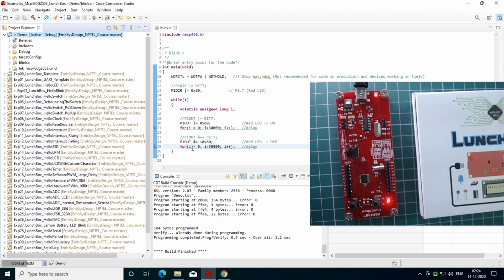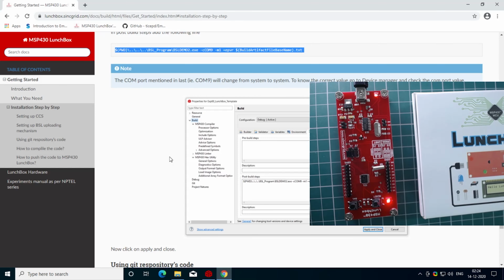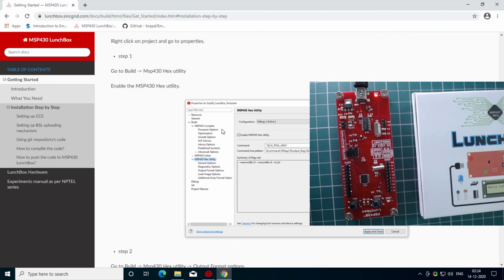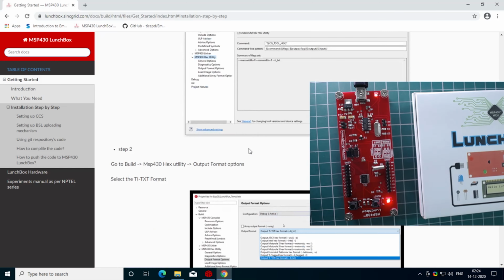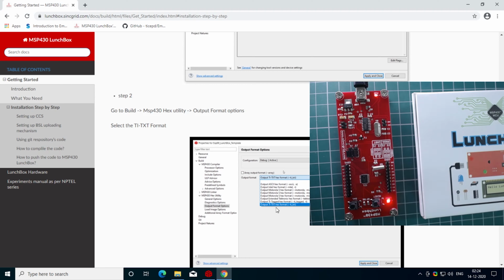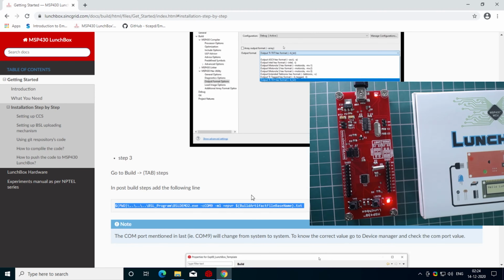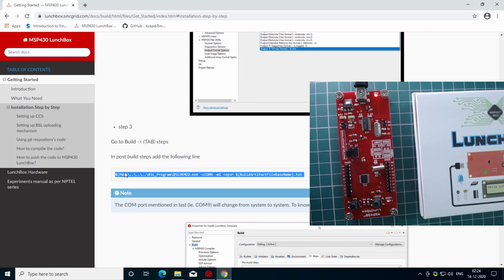So to recap, we have made only 3 changes. Number 1, we enabled the hex utility. Number 2, we set the TI-TXT format as output. And number 3, we copy pasted the commands in the post build step to execute them at the end of our build.